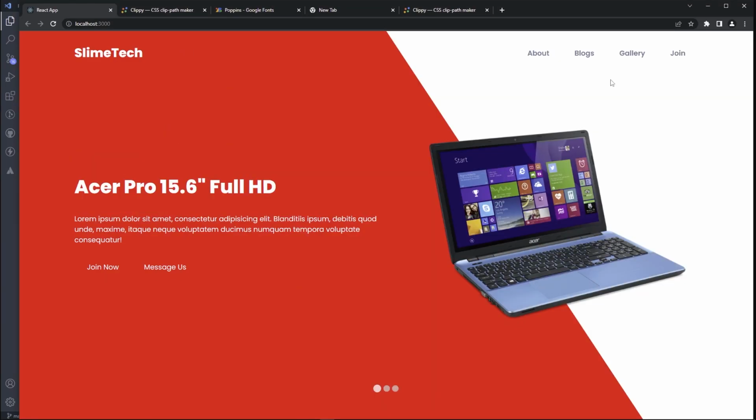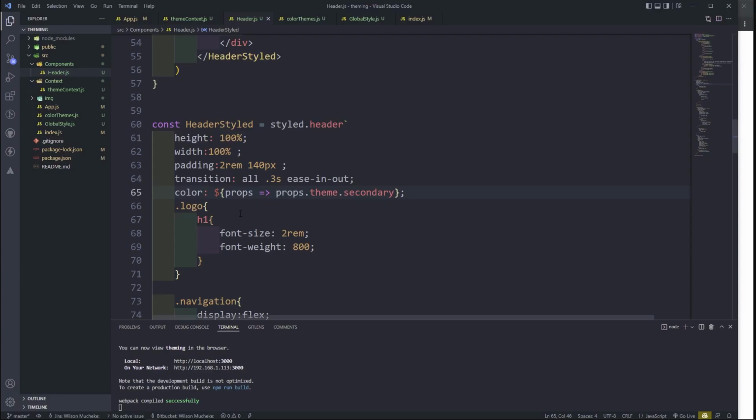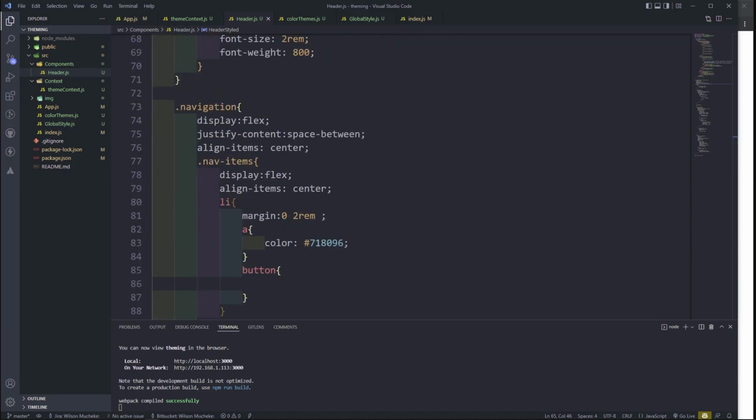Okay, so I don't know if you can see the change, but as you can see, it's white now. It's different from what it was. Okay, so now we have the color. Let's go for the